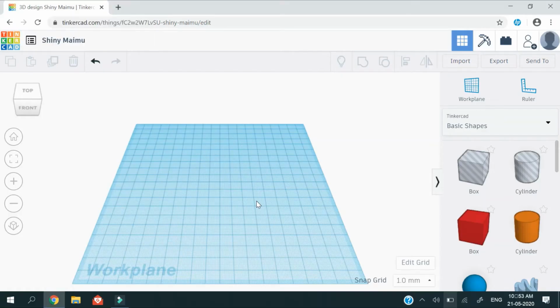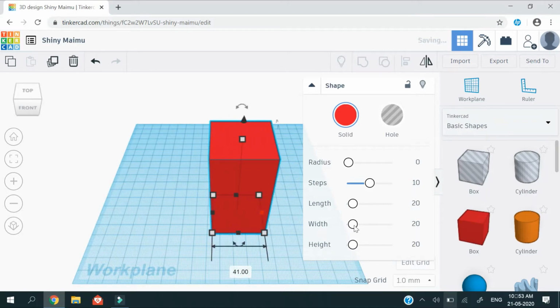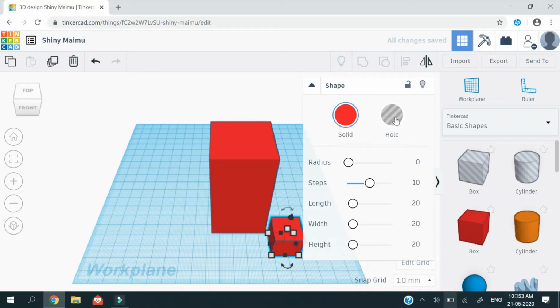Everyone, today we will be discussing how we can group two solid objects with each other and a solid object with a hole object. For that, we will first need a box, and we have to increase the height and width and certain things. And then take one more box, select that box and make the box a hole, and insert that box into the solid object and